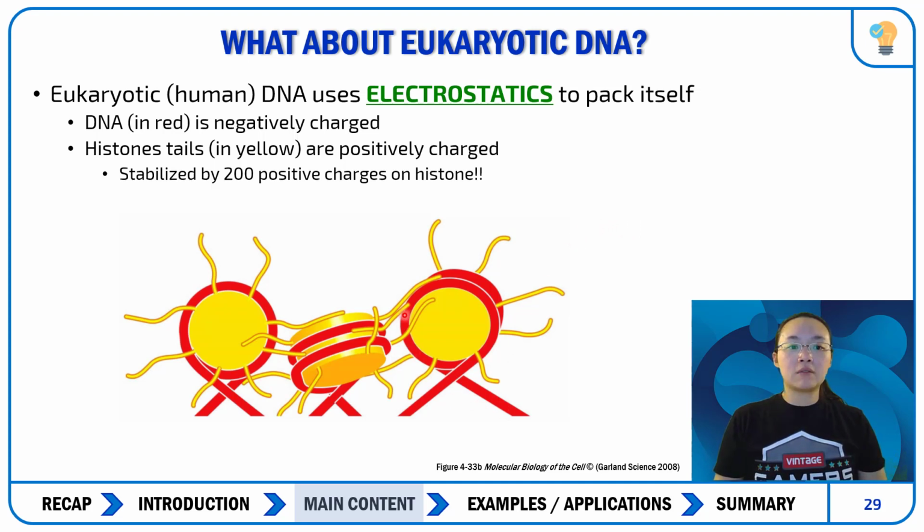So DNA is given in red, and it's negatively charged. So just imagine a whole bunch of negative charges all around here. Then you have something called histone tails, which are in yellow, so these little wiggly things coming out, which are positively charged. So in terms of what's happening here, your histone tails are going to be stabilized by 200 positive charges on the histone. And so the histone tails are going to be stabilized within the DNA coils by over 200 positive charges from